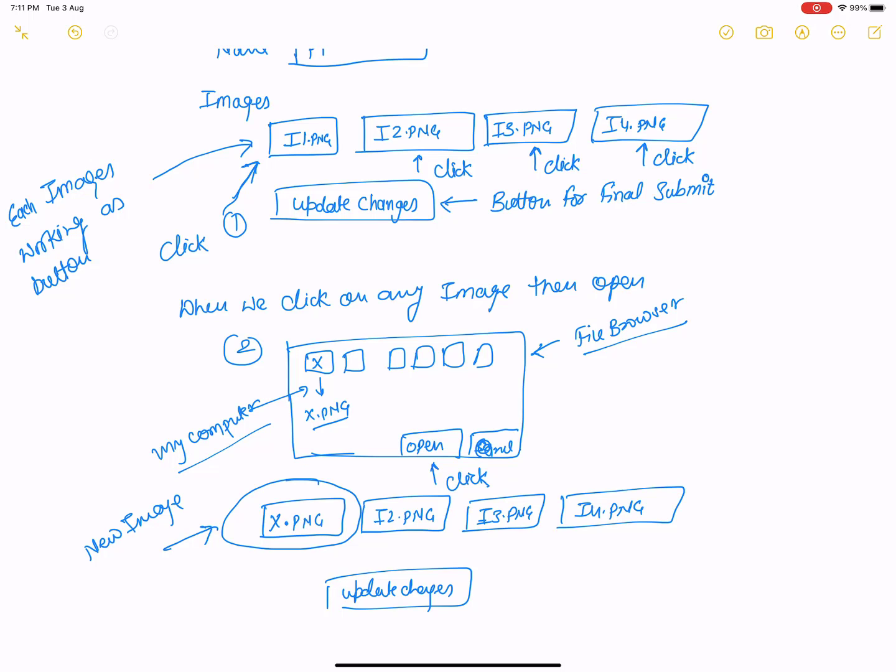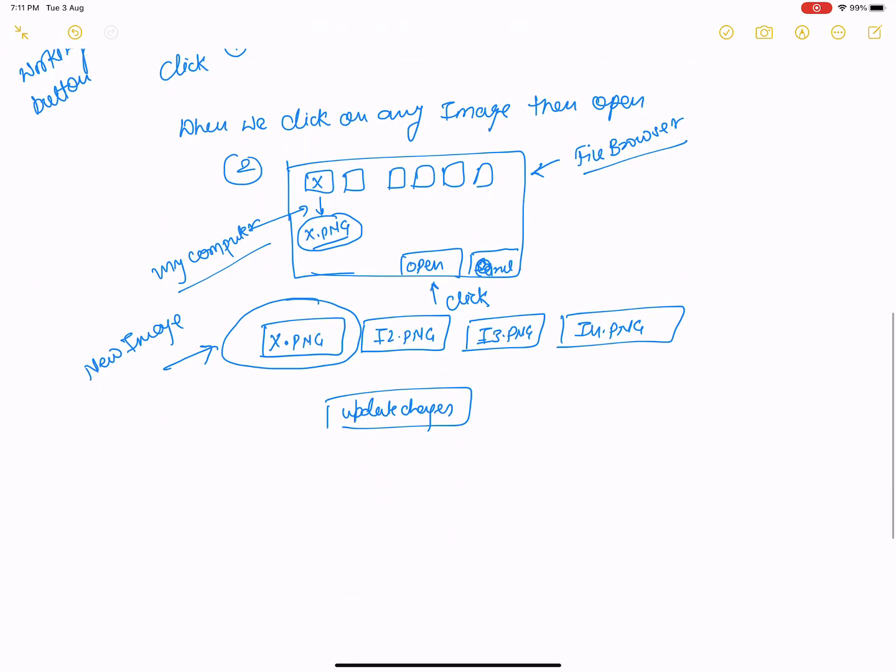So the same thing behind i1.png, i2.png, i3, i4: the names stay the same in the database, but the newly picked file name, x.png, is replaced with i1.png. So the image will be replaced successfully, and you can upload and edit multiple images. That's the logic.